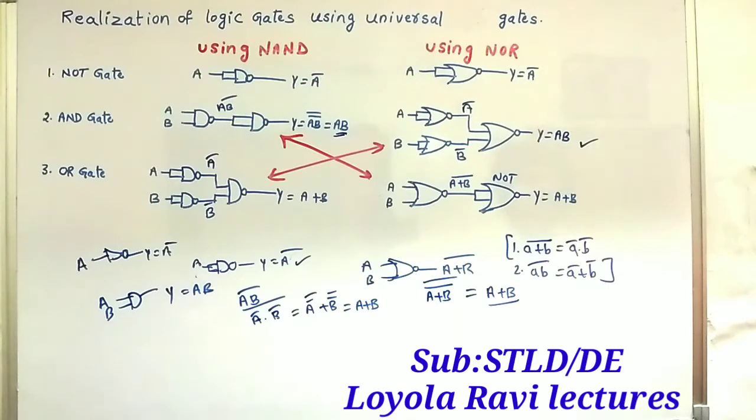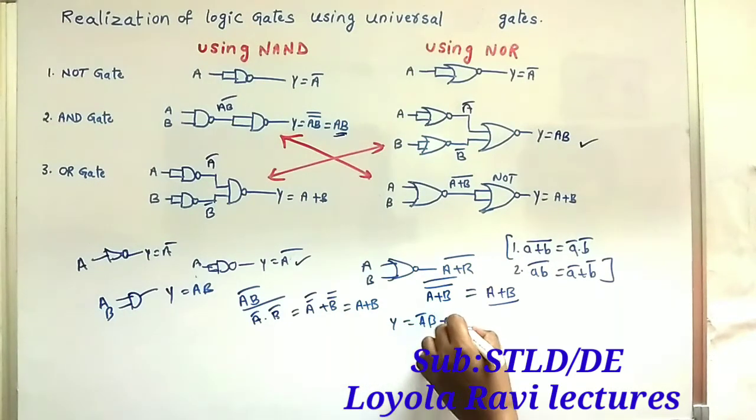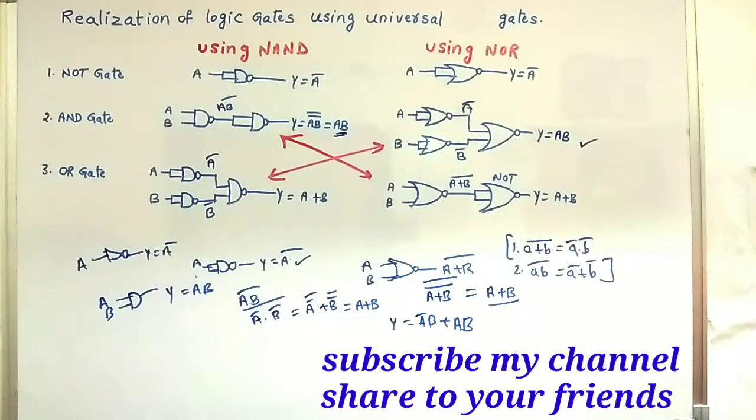So this is about realization of basic gates using universal gates. Anything can be implemented using these gates. And not only this, but also any expression, like Y is equal to A bar B plus AB, can be implemented using NAND. Any function, any expression can be implemented using NAND or NOR. This is a realization: we have NAND and NAND realization, NOR and NOR realization, from AND-OR-inverter realization to NAND realization, like this.